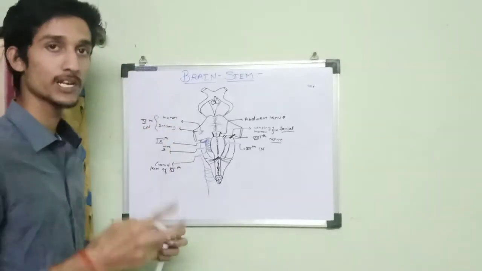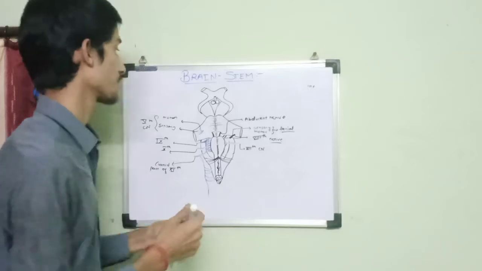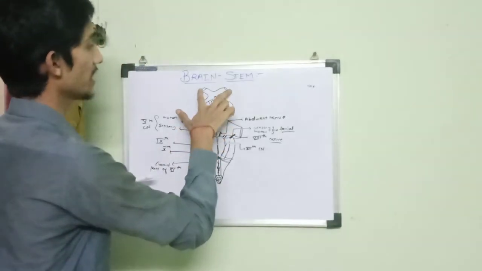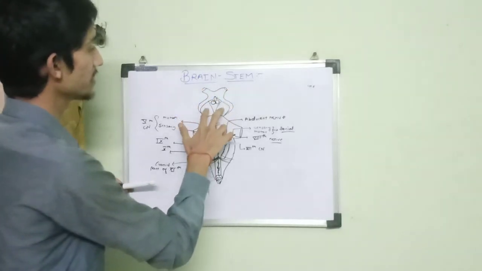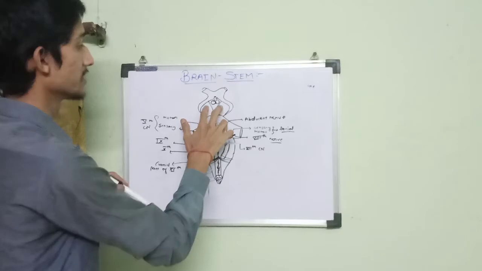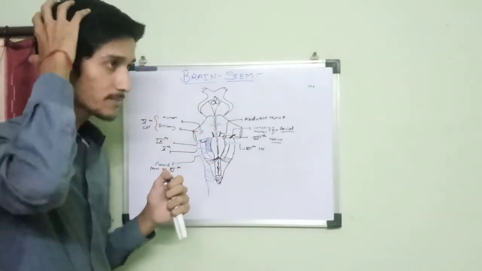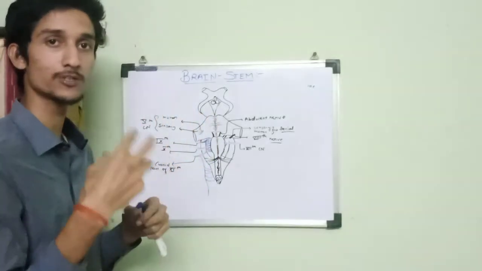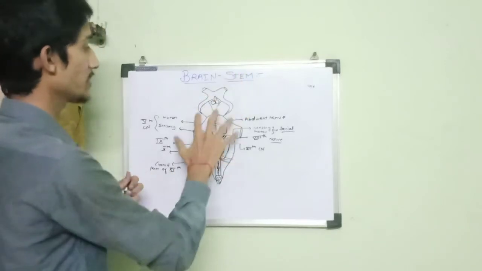Now the last two cranial nerves. From where do the last two cranial nerves arise? They arise from the midbrain. So this is the midbrain. We have the optic nerve here forming the optic chiasma, and these are the cerebral peduncles. These cerebral peduncles actually join the cerebrum to the midbrain. Peduncles are nothing but stalk-like structures which join two things.